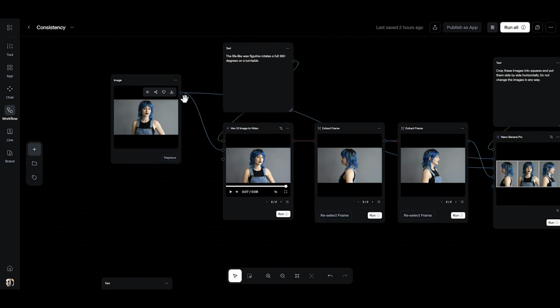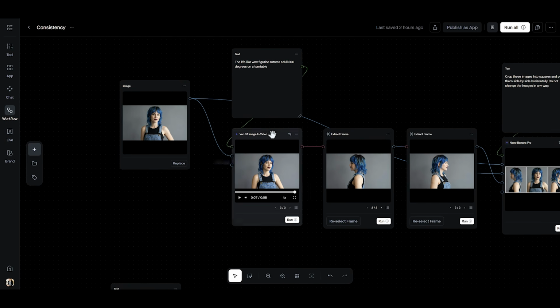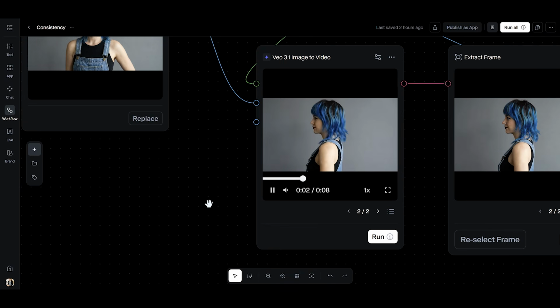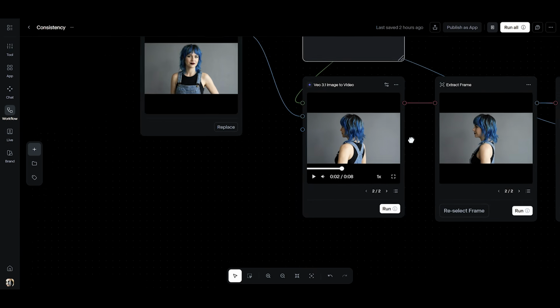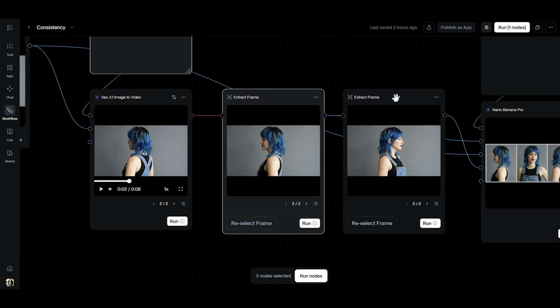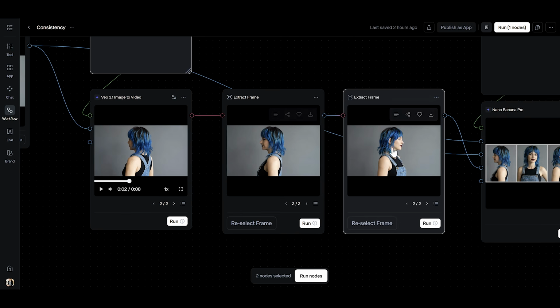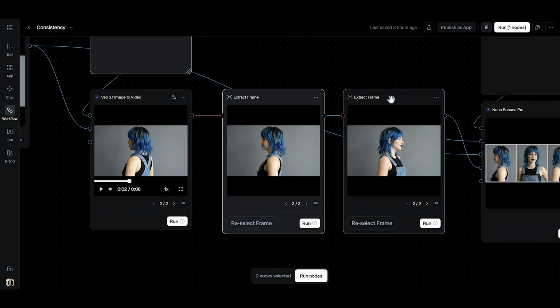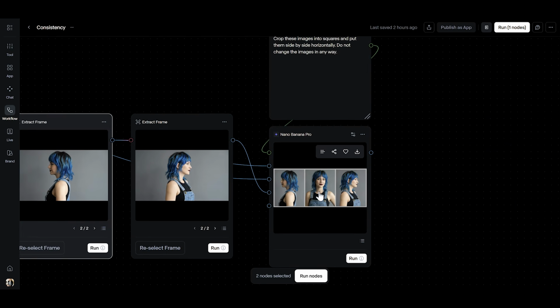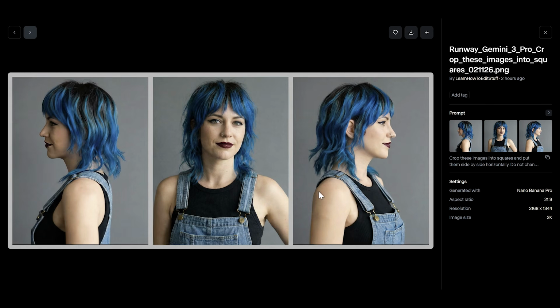So check this out. We have our same character image, and then we are running that into a VO 3.1 node with the prompt, the lifelike wax figure rotates a full 360 degrees on a turntable, which is going to give us this video. We now have a nice 360 degree rotation plate where that character is going to stay completely consistent from start to finish. That video is now being fed into extract frame nodes, and we are extracting the left profile and the right profile from the video, and then compiling that into our character creation sheet here,